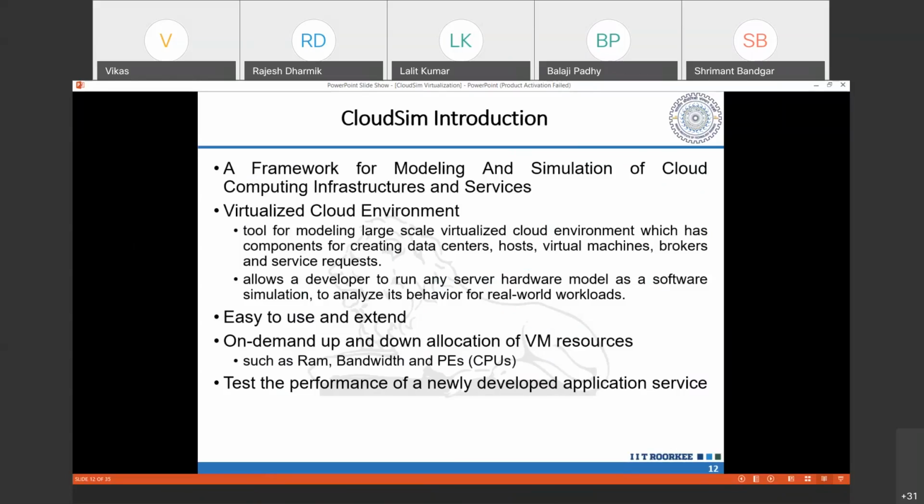So that is called the virtualized cloud environment. It means you can virtually feel how the cloud works, and it is implemented in the Java programming language. So it is a tool for modeling a large scale virtualized cloud environment, which has components for creating data centers, hosts, virtual machines, brokers, and service requests. It allows a developer to run any server hardware model as a software simulation to analyze its behavior for real